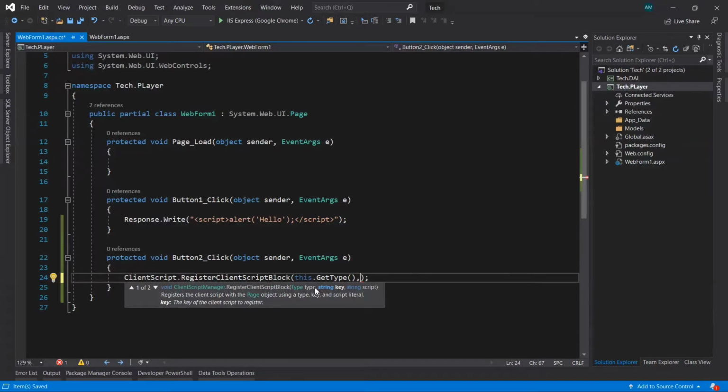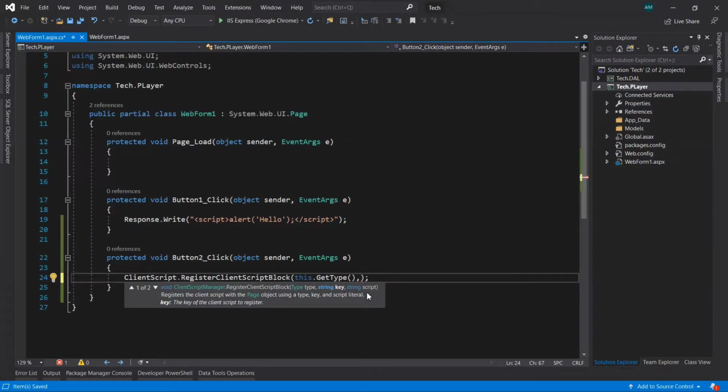Okay, comma, then the second parameter, that is the key. This one is an overload of this function. RegisterClientScript has two overloads, you can see here, so we are using the second one. The first parameter it takes is the type, and the second one takes the key, which is of string type.